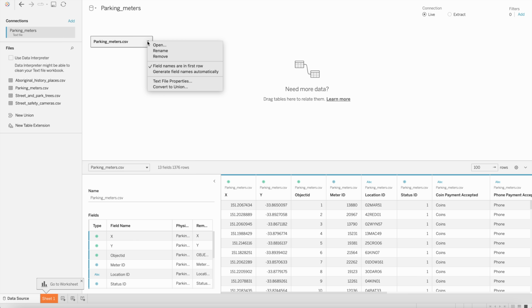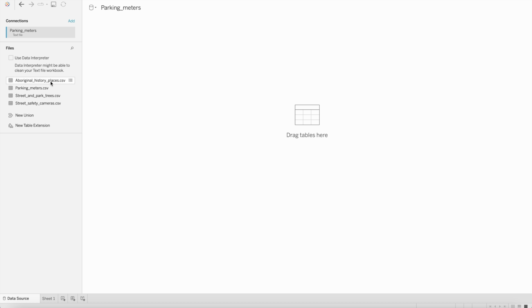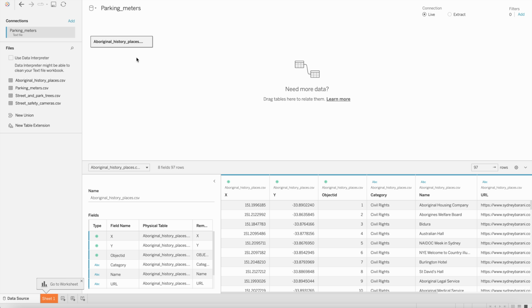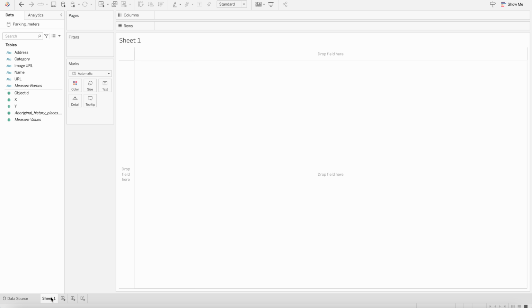First, instead of parking meter, I will remove that, and I will bring the Aboriginal history places data set. And then I would like to create a relationship between multiple data sets here. So if we just bring this data set, and let's try to do the live connection here, and let's go here. And I want to bring